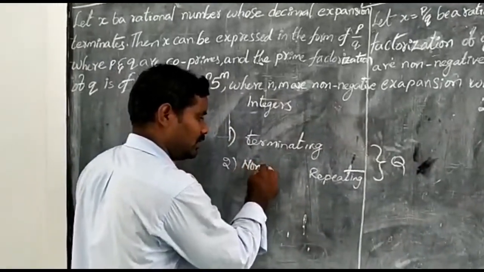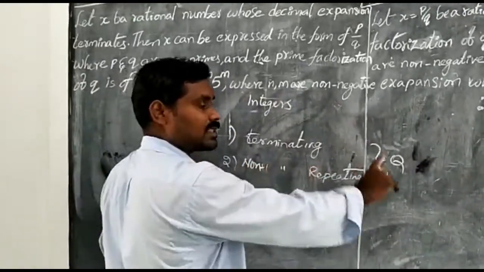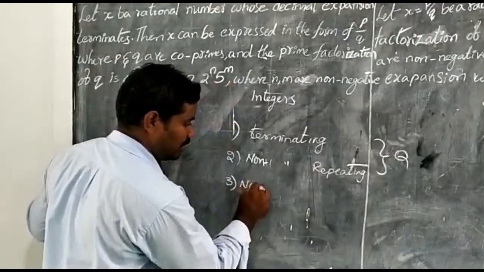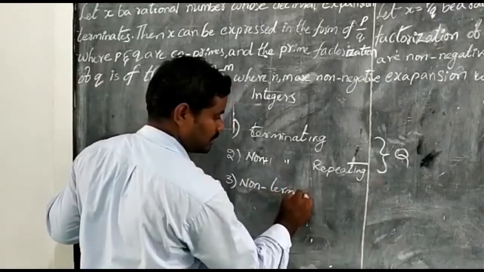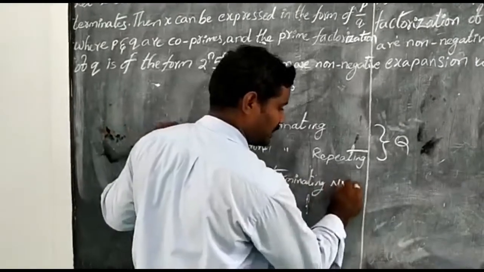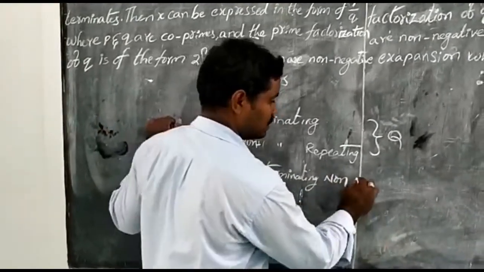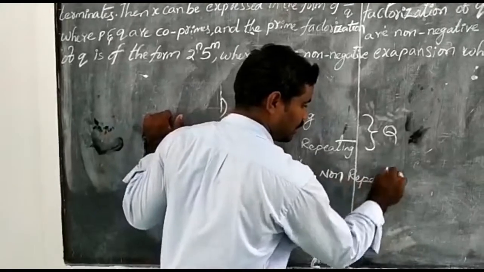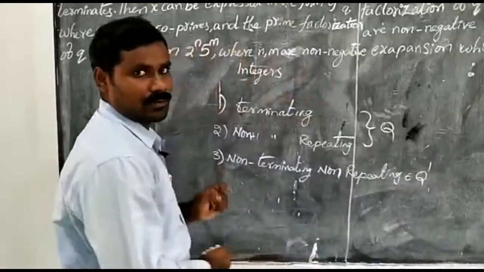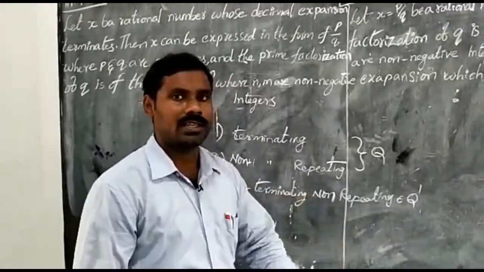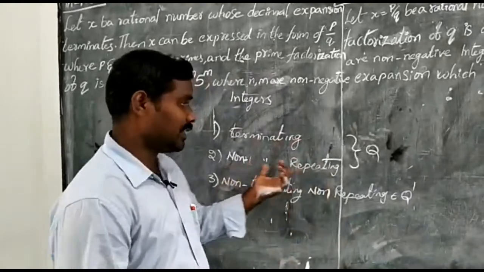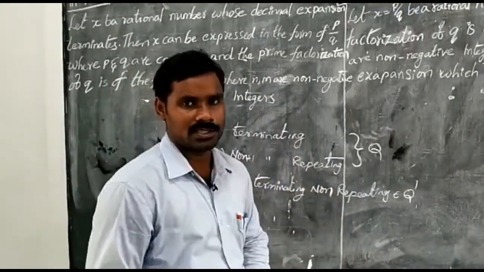Non-terminating repeating decimals are also rational numbers. But the third case, non-terminating non-repeating decimals, are called irrational numbers. Now we are going to the terminating and non-terminating repeating decimals. We have three theorems. First theorem,